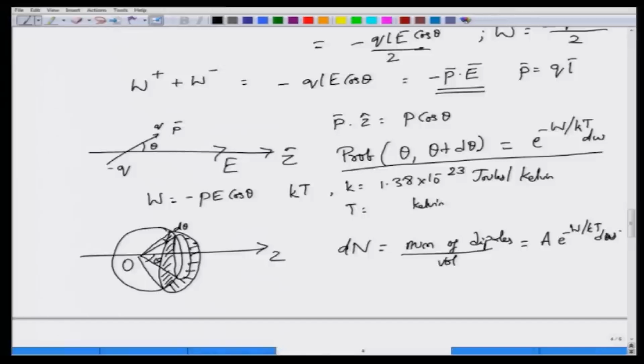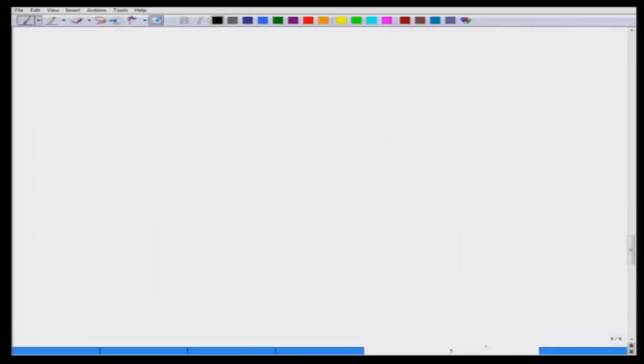So, what is this d omega? Well, I showed you what d omega is. You can actually employ spherical coordinates and do some little calculation, which I will leave as an exercise, to give you d omega as 2 pi sin theta d theta, okay, and let us call this A prime rather than A, okay. So, substituting that, you get dn as A prime 2 pi e to the power